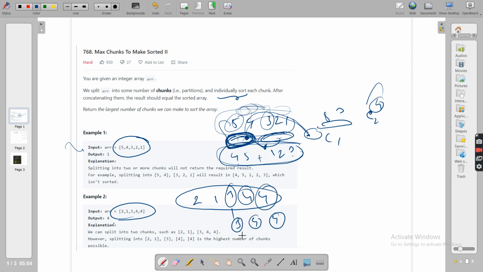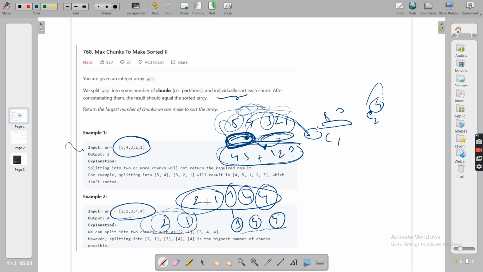If you sort them and put them together, 3 4 4 is also sorted. But what about 2 1? Can 2 and 1 be in separate chunks, 2 here and 1 here? No, because when you concatenate them, 2 and 1 side by side is not sorted.